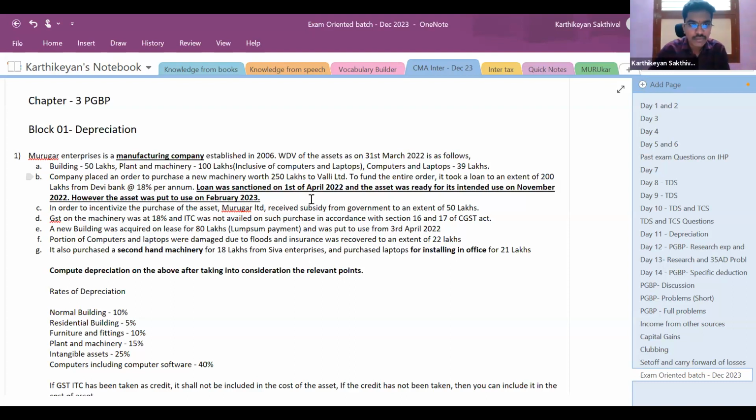So what we should do is, when is the asset put to use? When is the asset ready for its intended use? It is ready for its intended use in November. When is the asset put to use? In February. Let's take February 1st, just for an example. So from when the loan was sanctioned on 1st April till 31st of January, you need to capitalize the